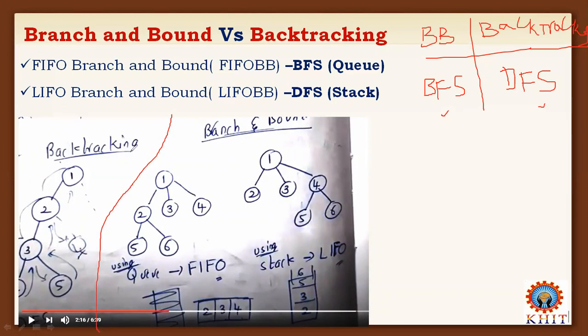When we apply the backtracking technique, we need to construct a state space tree. Here, this is considered as a state space tree. First, initially one node, then at the leftmost side, you construct one more node called 2. Then on the leftmost side, one more node is generated. Next, one more node is generated, that is node 4. Once node 4 is generated, you do not get the solution along 1 to 2, 2 to 3, 3 to 4.